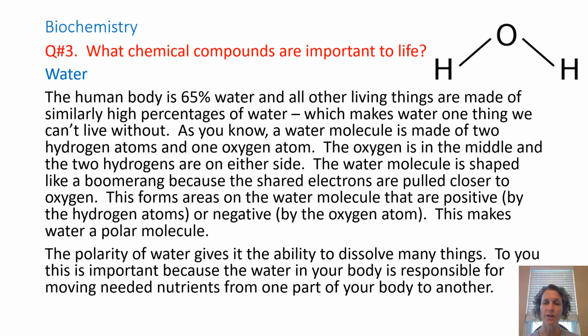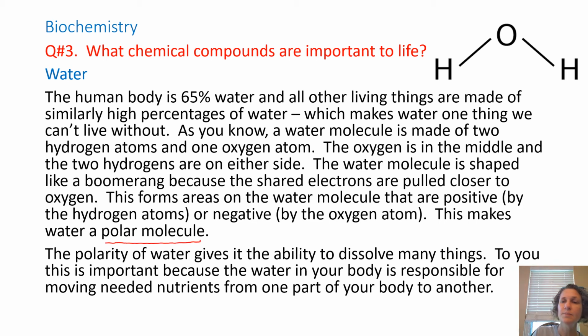You guys know water, it's made of hydrogen and oxygen, so you have two H's and one O. The oxygen has the higher electronegativity, and so the electrons are closer to it when they bond, and those shared electrons and just the way they pull give that bent shape or that angular shape to a water molecule. And what it does is it gives a water molecule two distinct areas, and that's where we get this polar